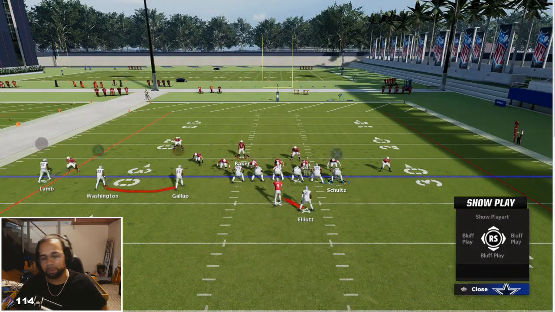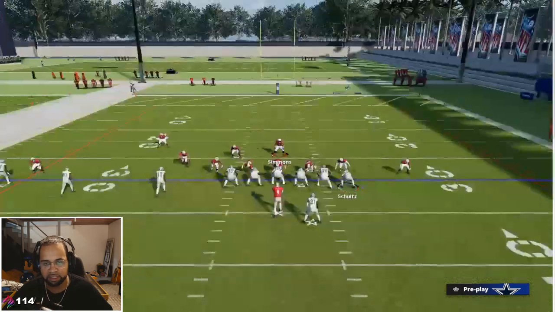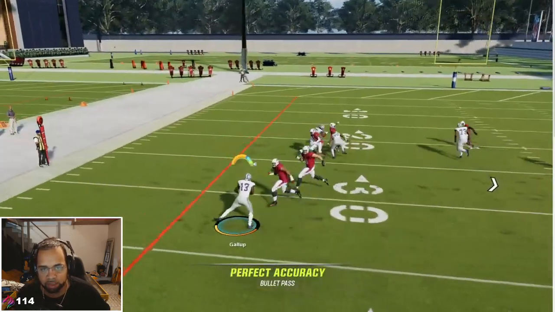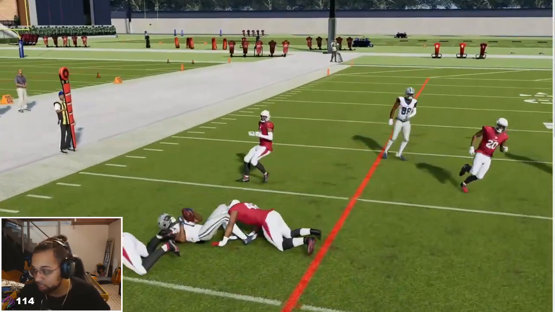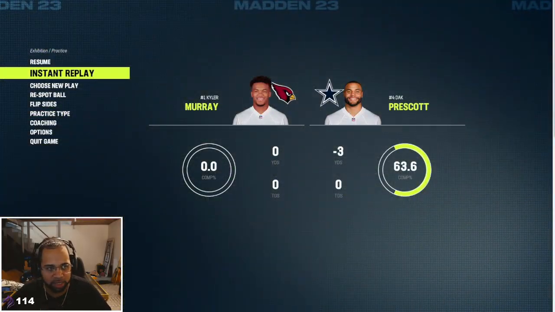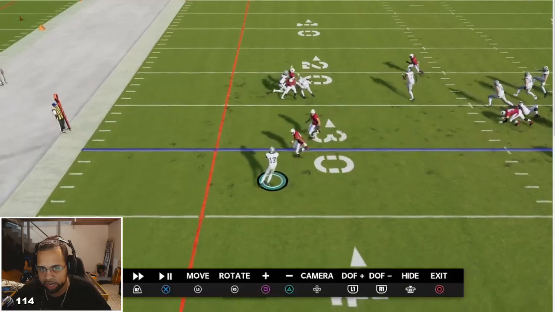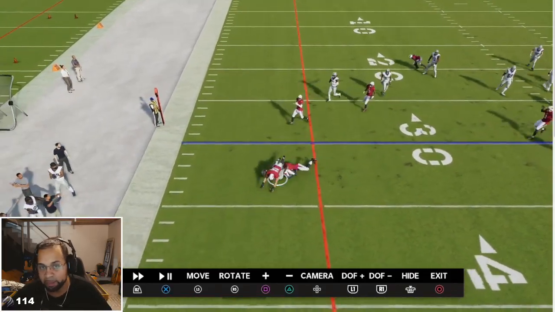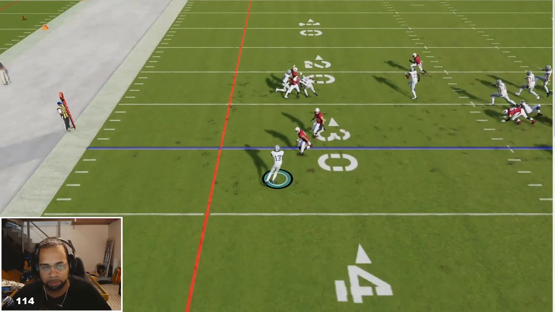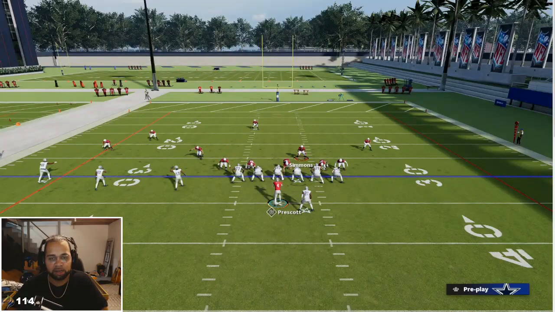So again, we're gonna pass commit because we're already in a run defense, and then if they try to go for the RPO, it's going to be bagged. It's going to be completely shut down because our defense is there. I'm just going to show the replay on that. This is a more consistent way, obviously, to shut it down. As you can see, we're stuffing that behind the line. Simple stuff. And then if they try to run it,